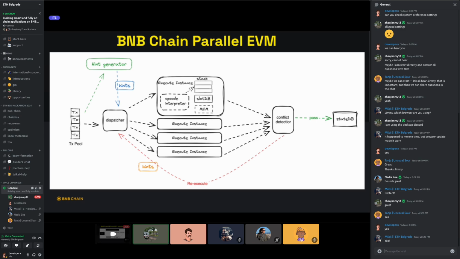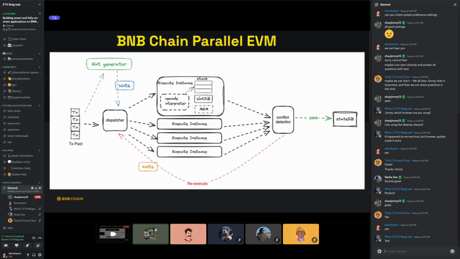It can reduce the possibility of execution conflicts. The conflict detector will also send hints back to the dispatcher to update the hints in the dispatcher. This logic will be implemented in the new version of the parallel EVM, which can increase its performance very much.